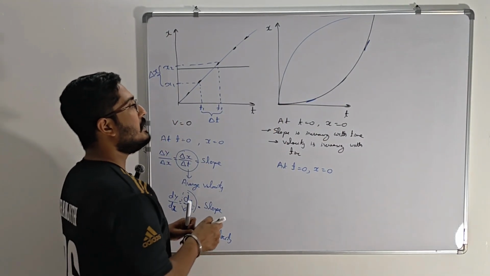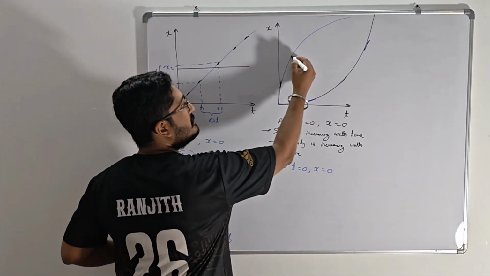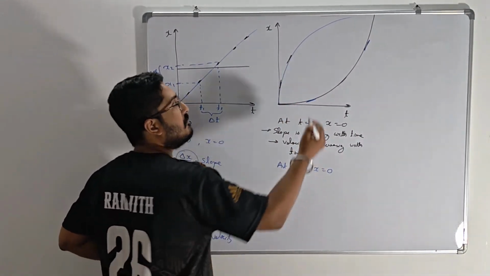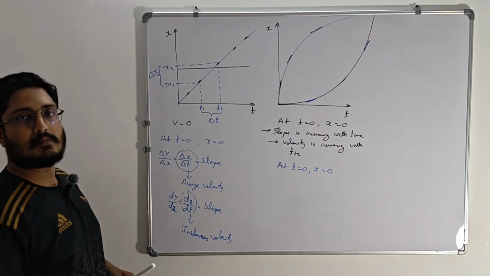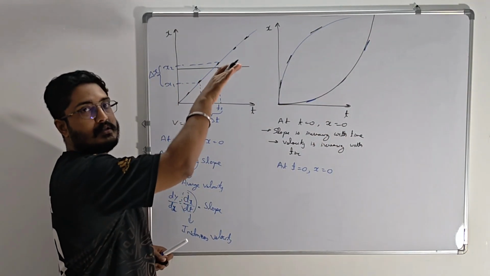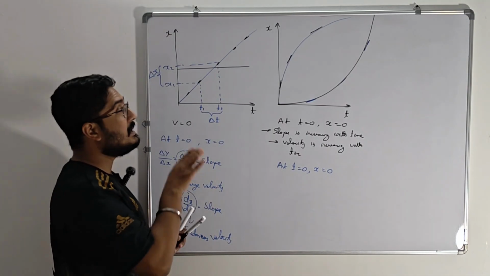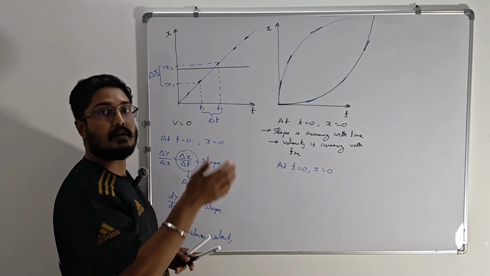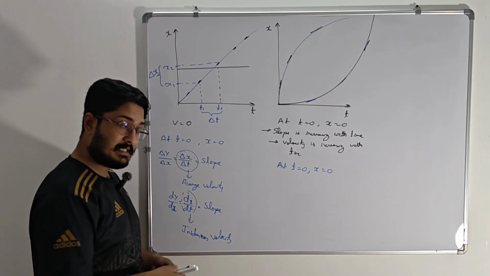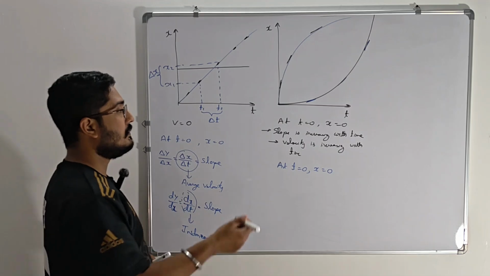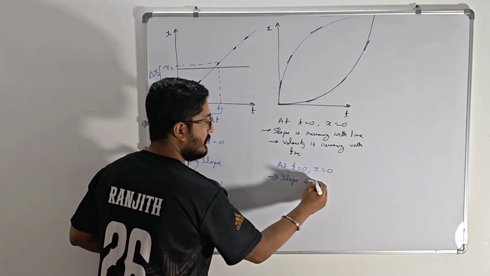Look at the slope. Initially the tangent will look like this. Then the tangent is looking like this. Afterwards the tangent is looking like this. So what can we understand from here? The tangent is changing its orientation, and we can say the steepness of my curve is actually decreasing. It is becoming lesser and lesser steep. If it is becoming lesser and lesser steep, what can we say? That the slope is decreasing